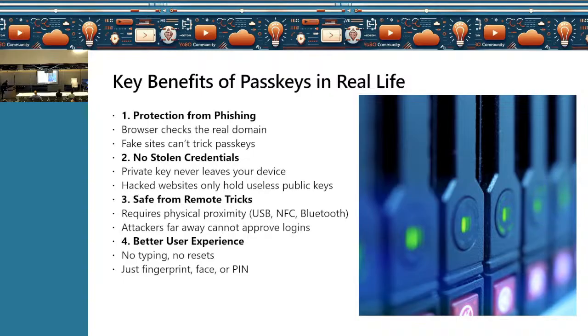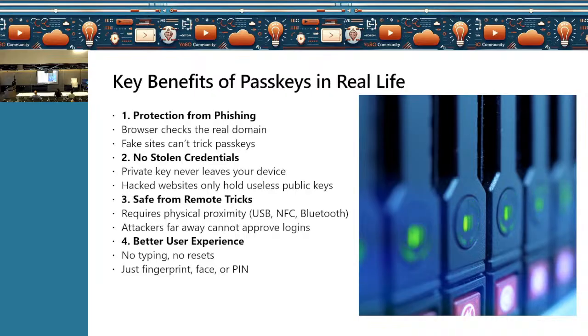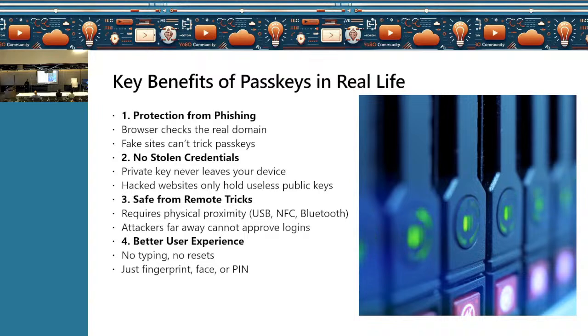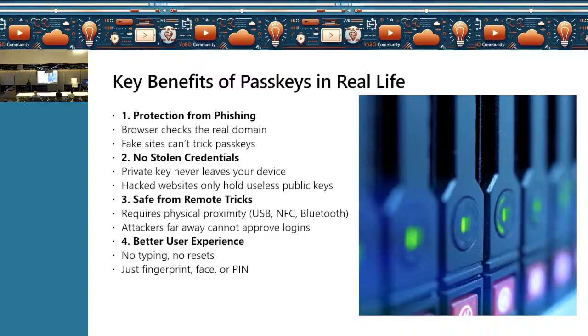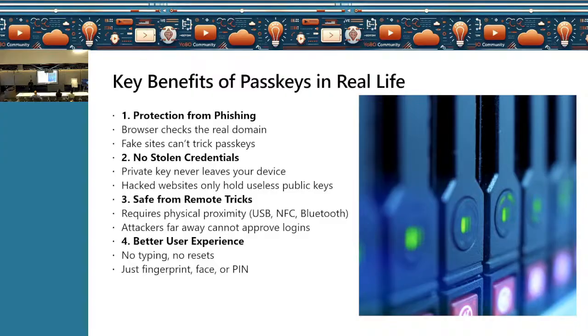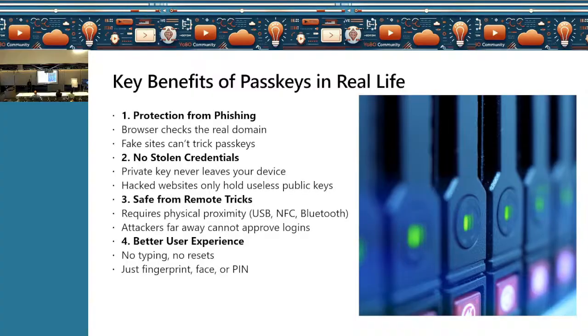Fourth is the user experience. One of the things I always say is, there is a graph of security and easiness. I don't have the graph handy, but when security comes with difficulty, it's always difficult to adopt it. This is one reason why a lot of organizations adopted Windows Hello for Business, because it made life easier. At Microsoft, I don't remember my password. I don't remember when was the last time I used it. I never reset my password, because I never use it. I don't even know if I have a password, to be honest.